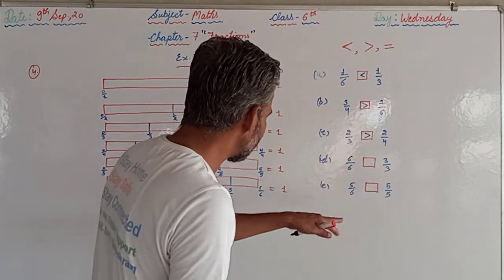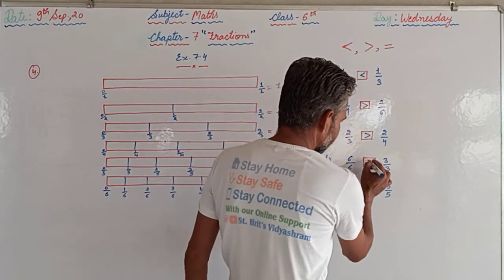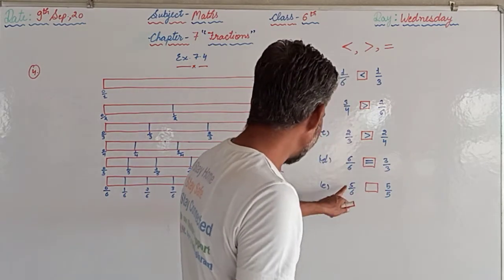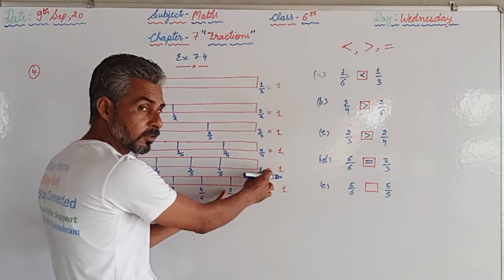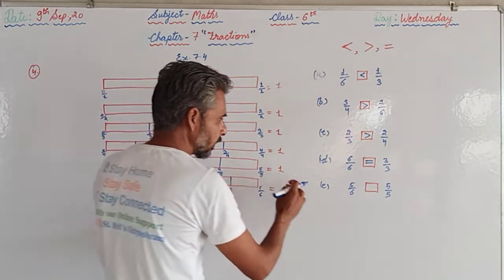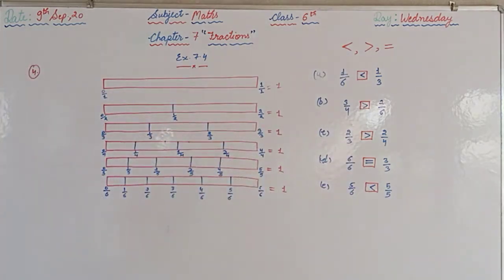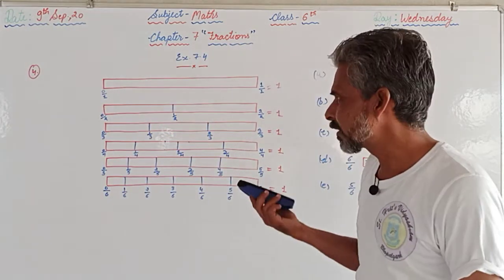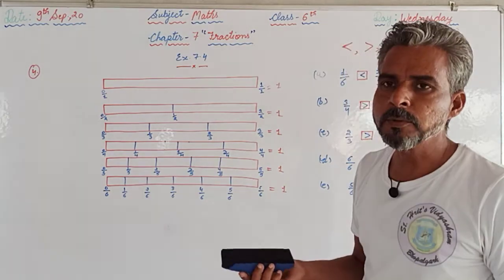6 upon 6 and 3 upon 3: 6 upon 6 is 1, 3 upon 3 is 1. So both are equal. Now 5 upon 6 is here and 5 upon 5 is here. Which one is on the right hand side? 5 upon 5 is on the right hand side, so that's why it will be greater. So like this we have to proceed with this question. I hope that now you have understood and you can solve such types of questions, if you find any more questions based on this in your chapter or in your tests or whatever exams you are supposed to face.